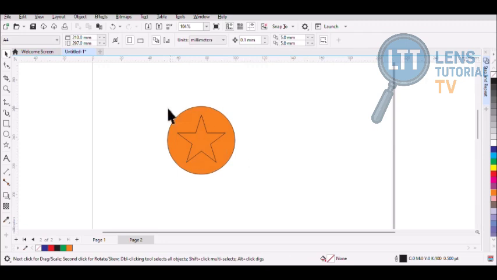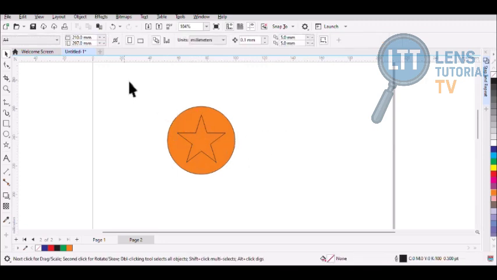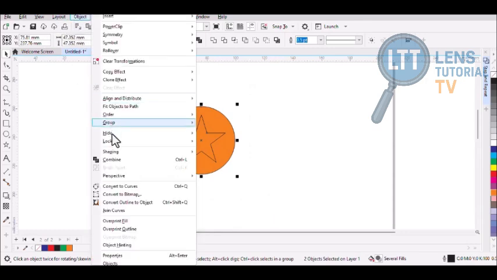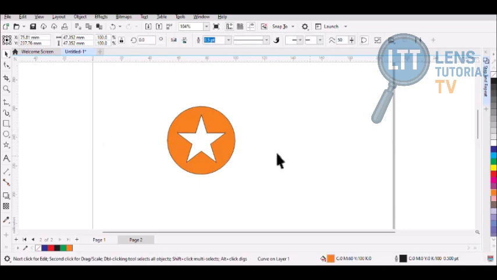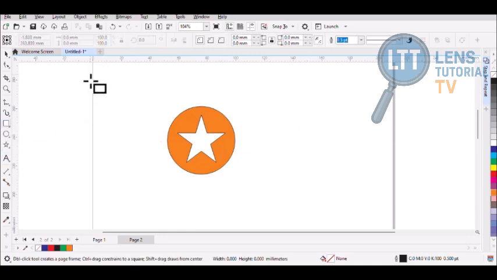Now, I want this place to be empty where the star is. I can use combine. Select, Ctrl K. That's combine. Ctrl K to combine, or you take it from the Object menu. Can you see? Go online and Google, look for Jumia. Their logo is like this. In between here, nothing is behind. Therefore, if you're designing something like this,